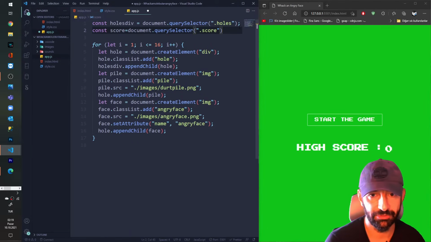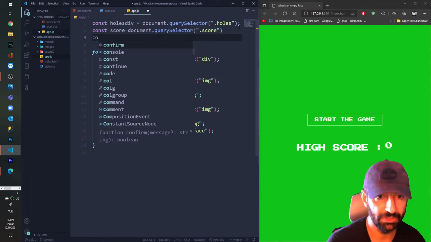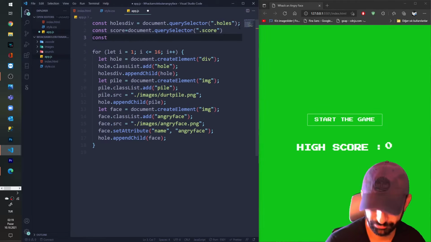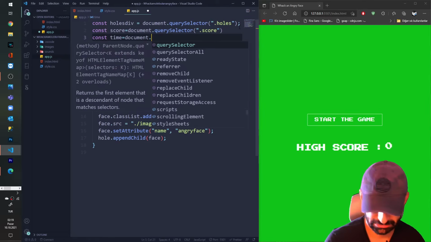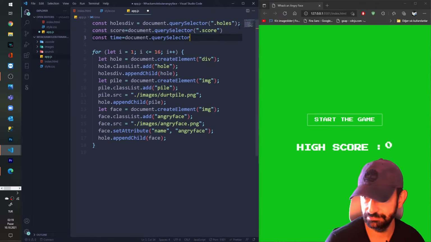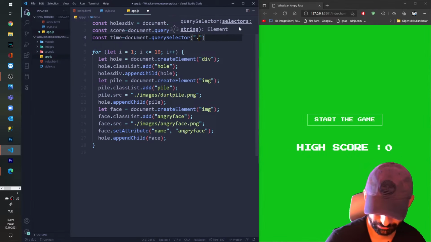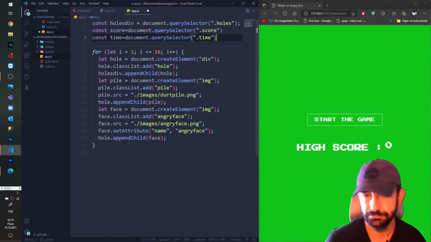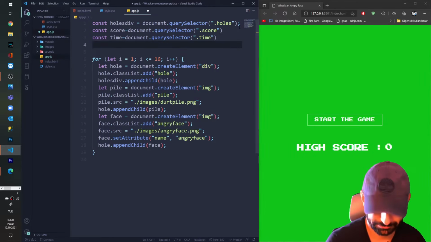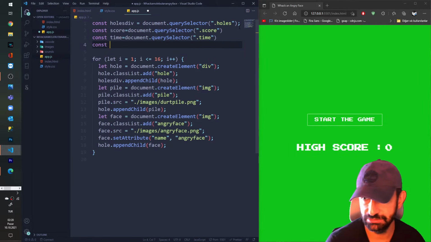After that, I'm grabbing the time, const time equals document dot query selector time. And then let's grab start button.